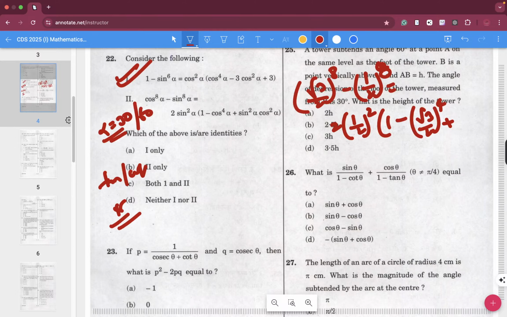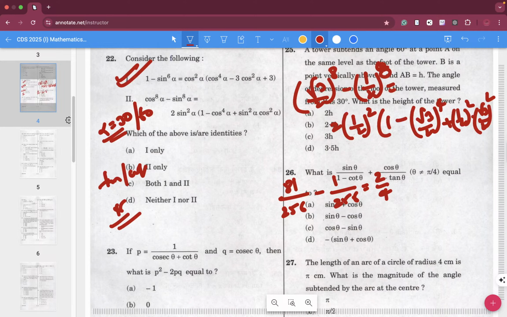Okay, so now this is root 3 by 4, root 3 by 2 raised to the power 4 sin square alpha. Sin square alpha is 1 by 2 square into root 3 by 2 whole square, right? Okay, now if we solve for this over here, on the left hand side you have how much? Root 3 raised to the power 8 is how much? 81 divided by 2 raised to the power 8 is how much? 256 minus 1 by 2 raised to the power 8 is 1 by 256, which is equal to, right, 2 by 4, right? Okay, 2 into